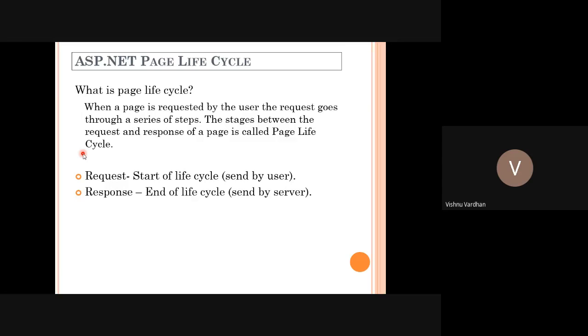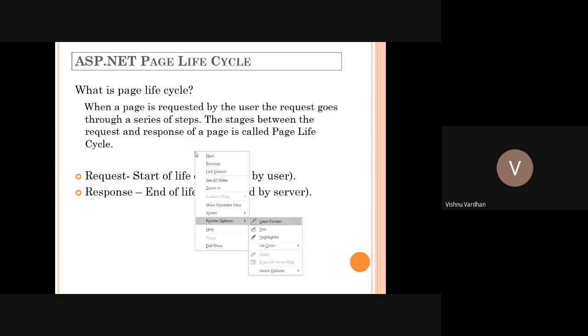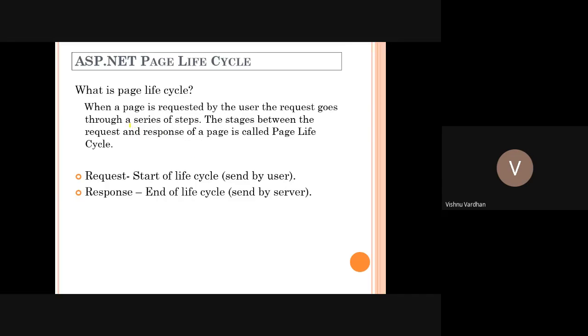So the page lifecycle says when a page is requested by the user, the request goes through a series of steps. This is the point to understand. Here we are going to have a series of triggering points. These are triggering points where we can attach our code.